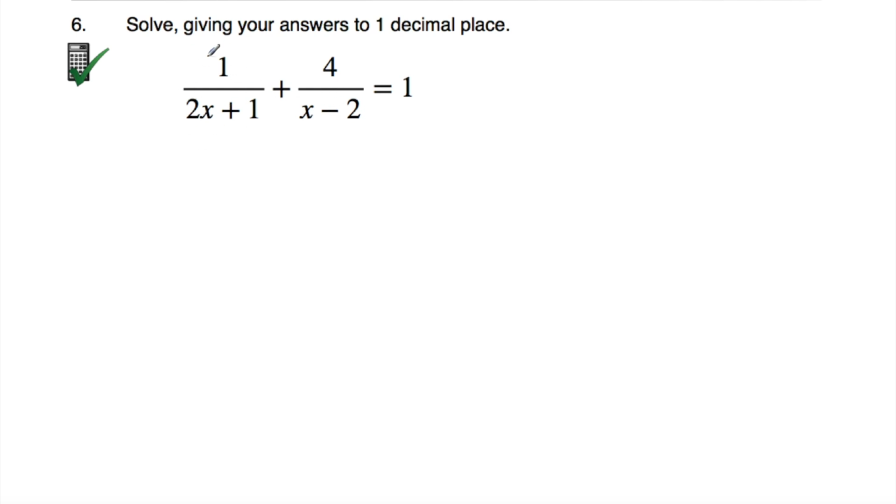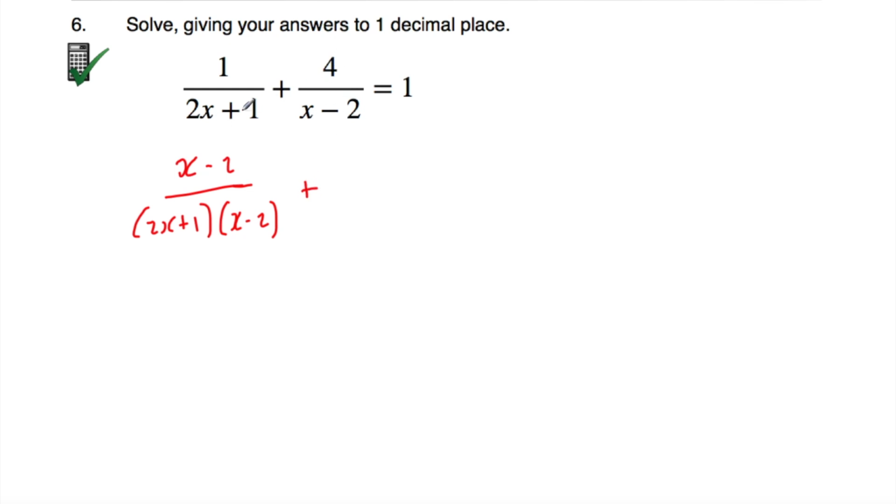Okay, so in terms of this fraction, we multiply both the numerator and denominator by x minus 2. The numerator is 1, so if we times that by x minus 2, we just get x minus 2. And in terms of the denominator, we had 2x plus 1. We're going to times that by x minus 2, so we'll just put them both in brackets beside each other. Okay, then we've got our plus sign, and now we're going to multiply both the numerator and denominator of